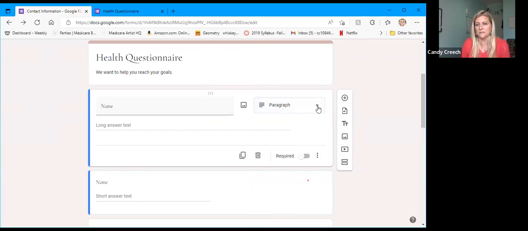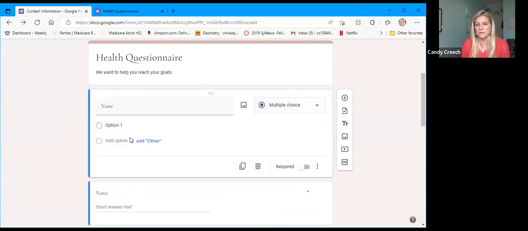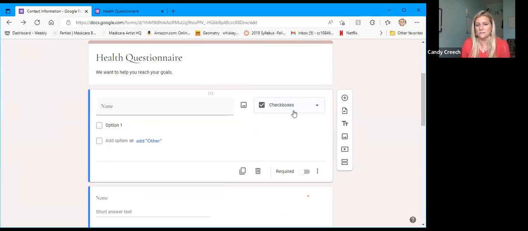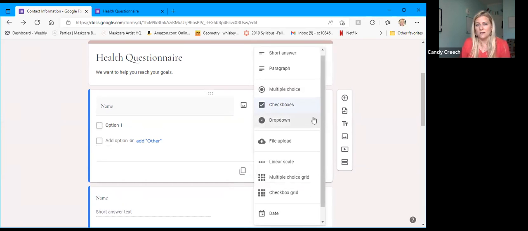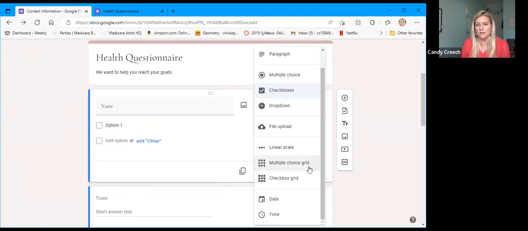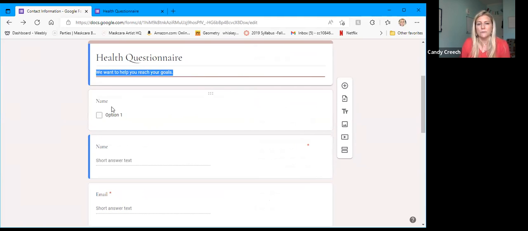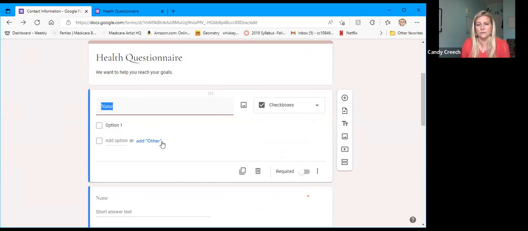Then it says long answer text. You can put multiple choice and you can put the options in there. You can put check boxes. You can put a drop down. You can do a file. These things down here I usually don't use as much as short answer, long answer, paragraph, and then I'll do multiple choice sometimes. Okay. Once you enter that in there,